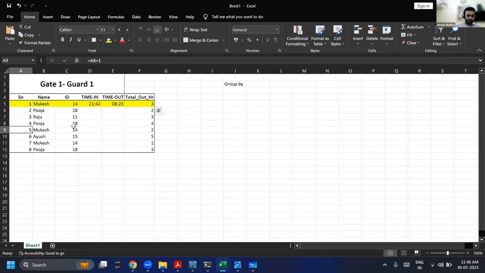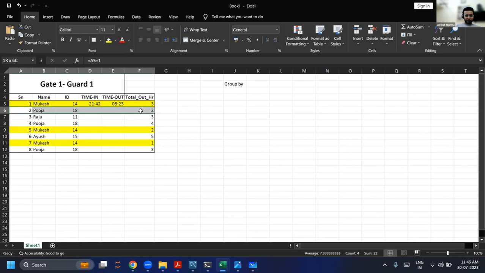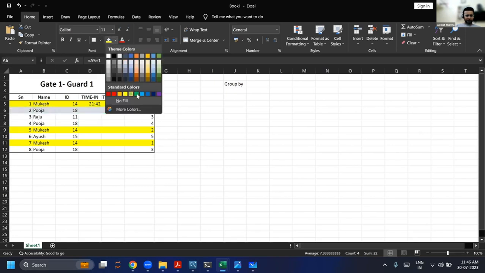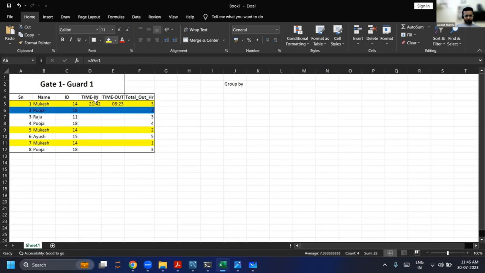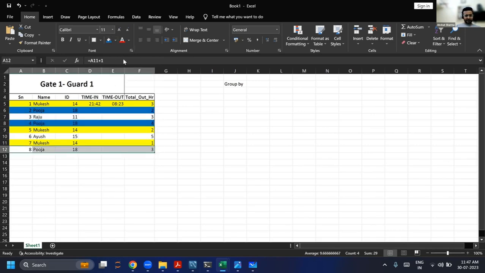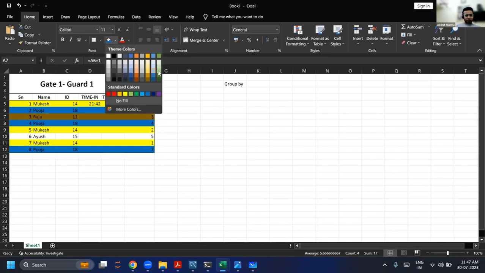This one, this one, and this one. Pooja is out for this entry, this entry, and this entry. What about Raju? Raju being this color, let's say,